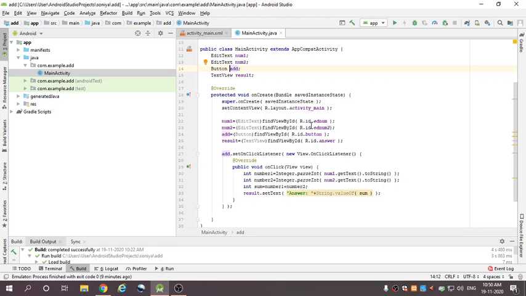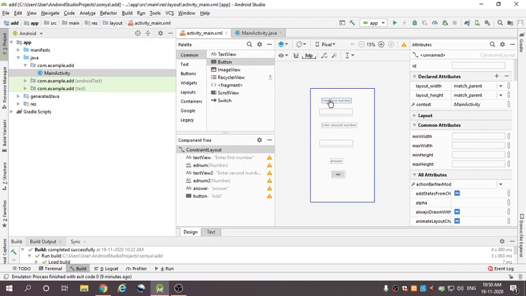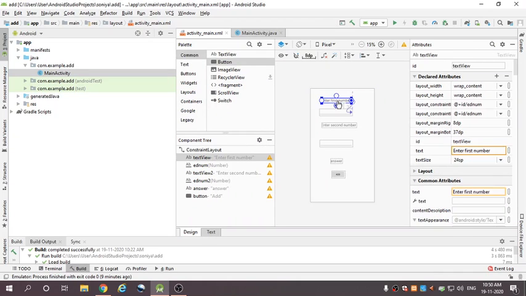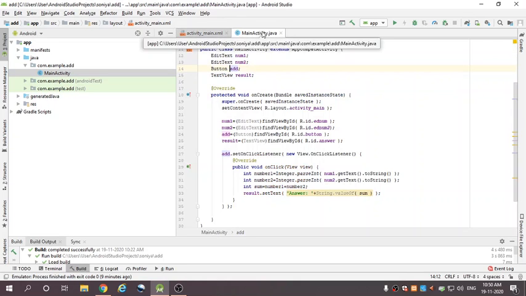So here R.id. Go to activity_main.xml and go to the design, and here you see the edit text, whose id is edNum1. So I take the id edNum1 of the edit text, the ID of our edit text which I created in our GUI.